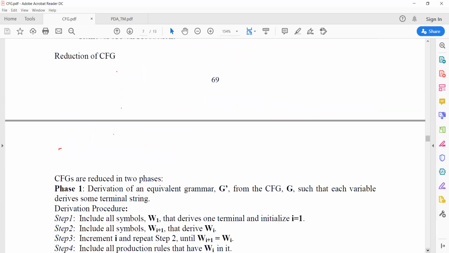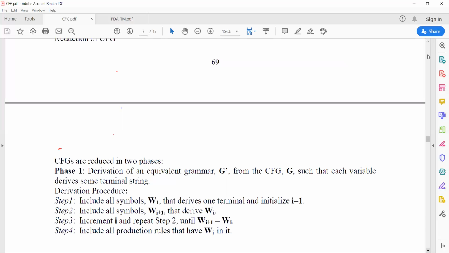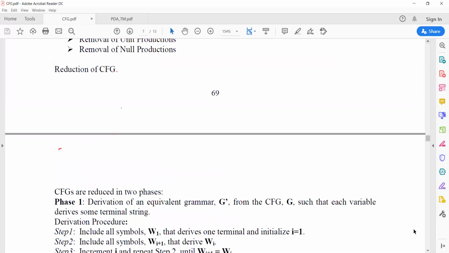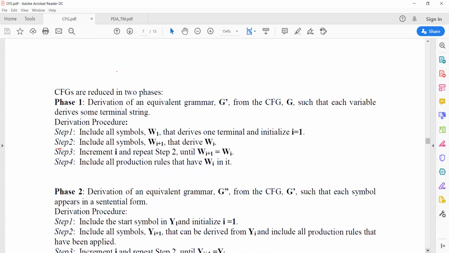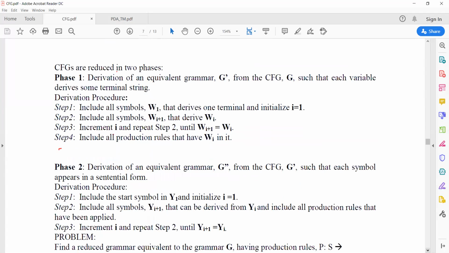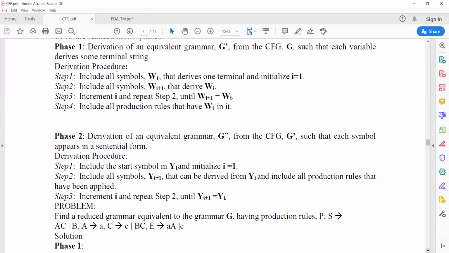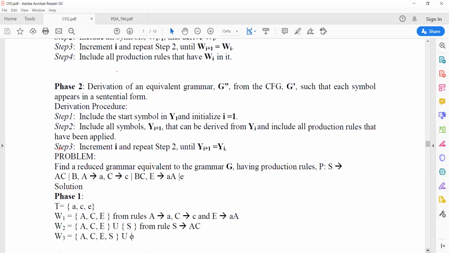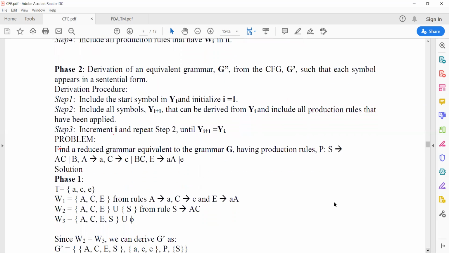These are the forms which will produce a minimization or reduction of the context-free grammar. Now we are going to see how reduction takes place in the case of context-free grammar. There are two phases of approach or discussion. In these two phases, we will be able to achieve the minimization. Before going directly to the algorithm step by step, I am just taking an example for that purpose. Let us consider an example, and I will discuss every step.